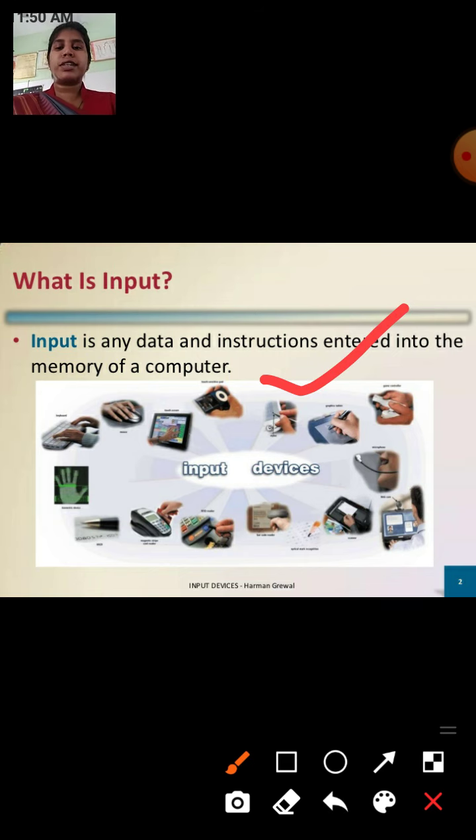That means, students, whatever we enter in our computer system for processing purposes, or any instruction we give to the computer system to proceed to get the information, that is called input. Okay, and we give input through the input device in our computer system.